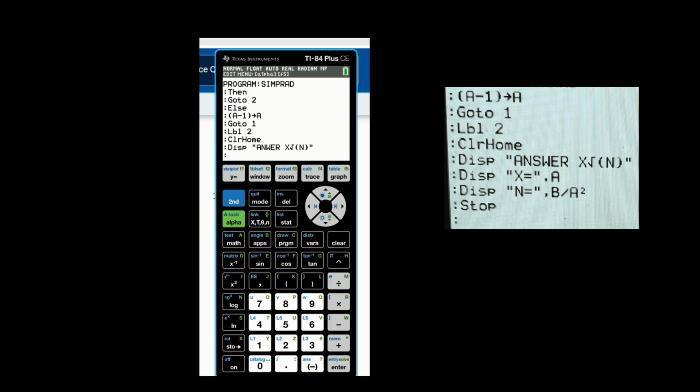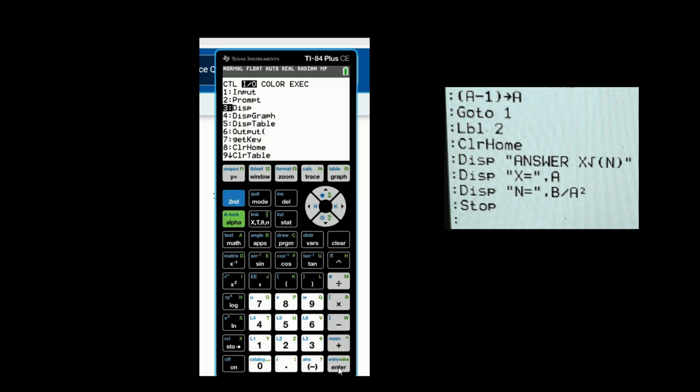So we will now go to program again. This one, program, and we will look for the display. So alright, number 3, enter that.